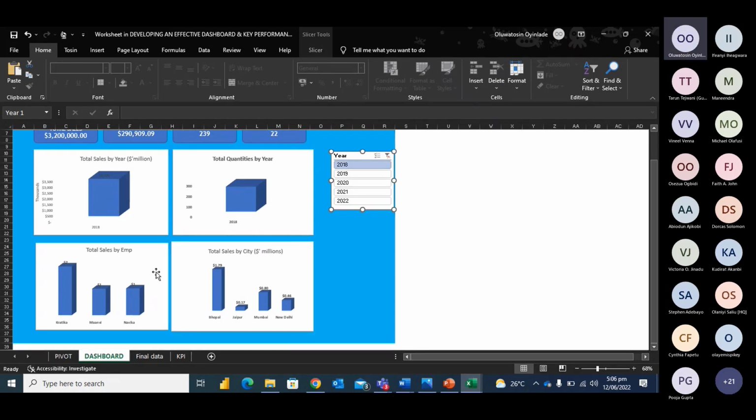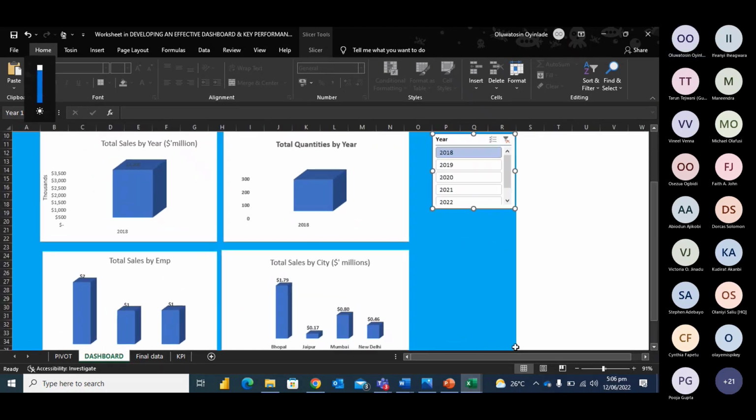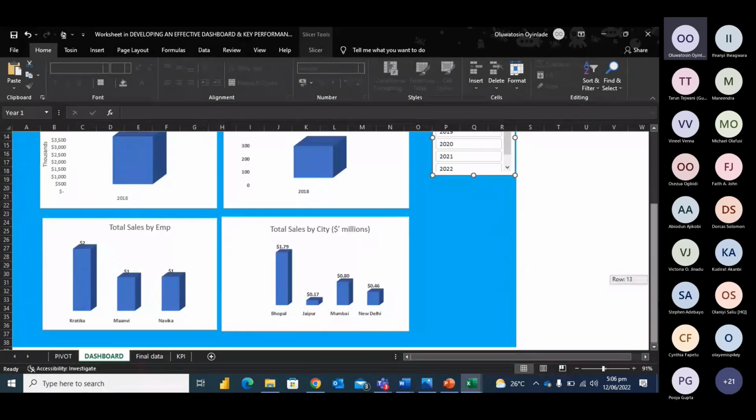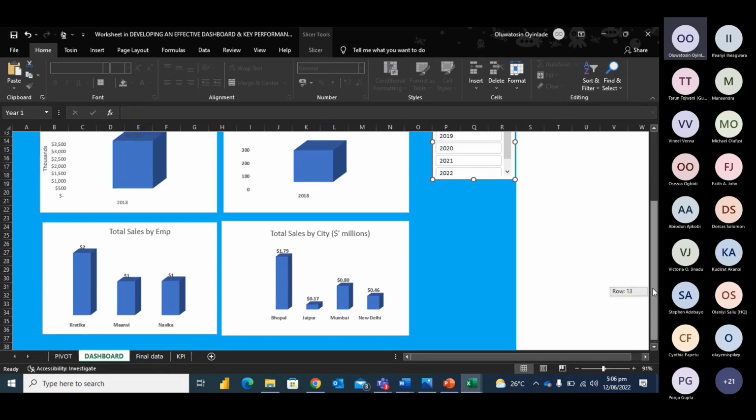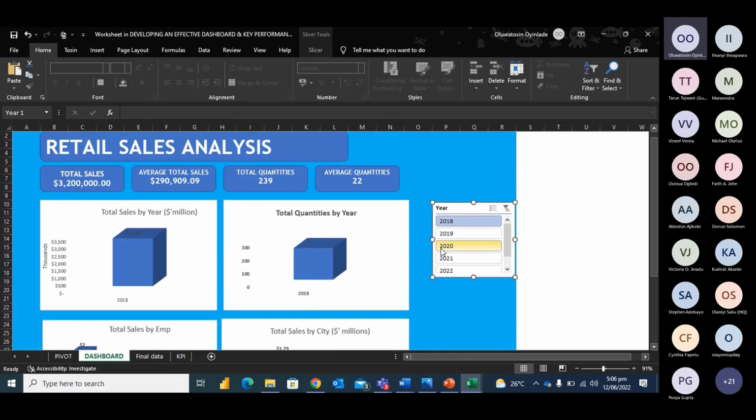So in 2018, we could observe that, let me zoom it. Yes, only 3 customers bought in 2018. We can see it. I'm coming to add a title to this, the Million, the Navica and the others. Look at the total sales by city. So he bought in all of this. Just only 3 people bought. If you compare 2019 as well,